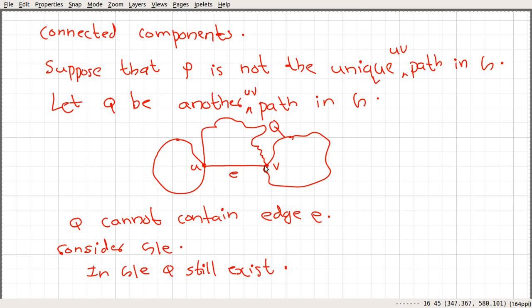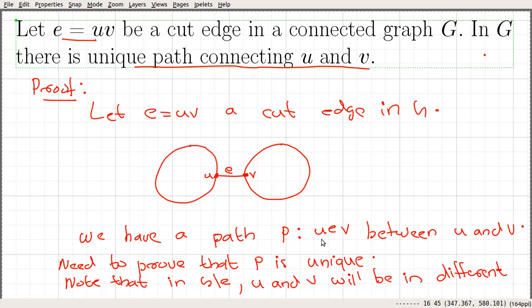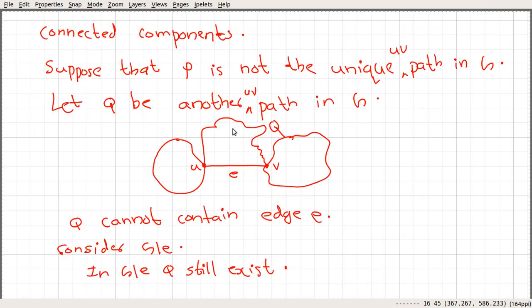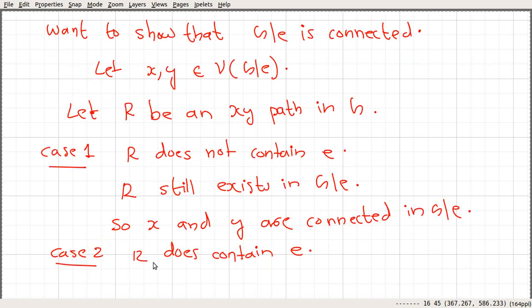If you follow this, we have this path, and similarly we have this path. These two paths are paths between this U and V. This P and this Q are two UV paths in our graph G. So what we could do, if R does contain E, is